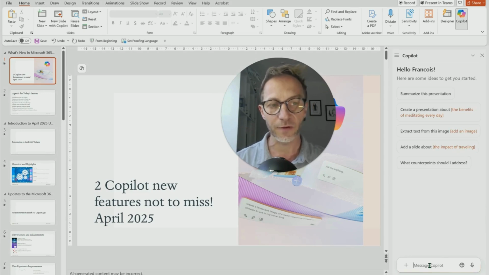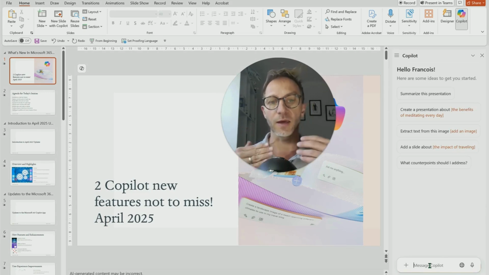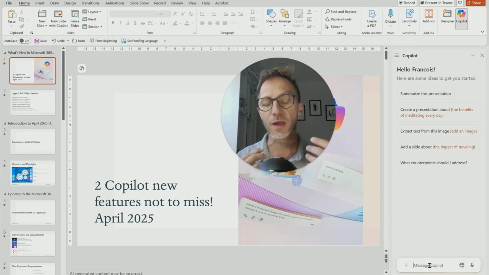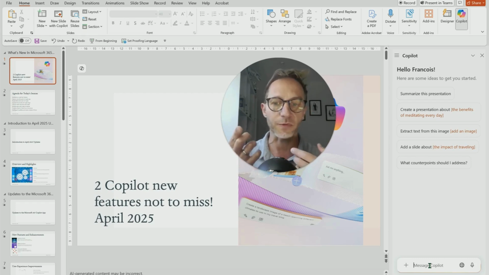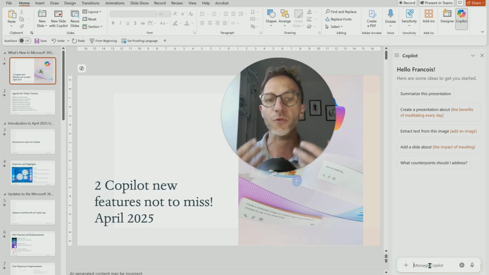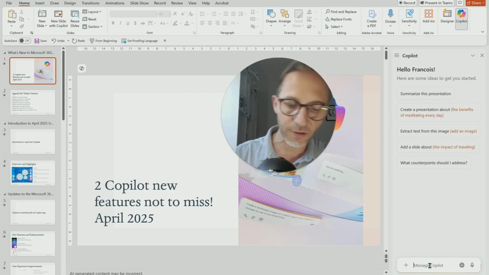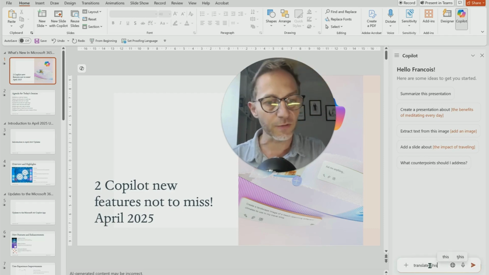And I use that a lot in my, basically, I wanted to use that a lot in the past in my work because I happen to be a consultant and trainer, but in two different languages, in English and in French. So very often I have this presentation and I may want to then exactly do the same training, but in a different language. So how about we just ask, translate this